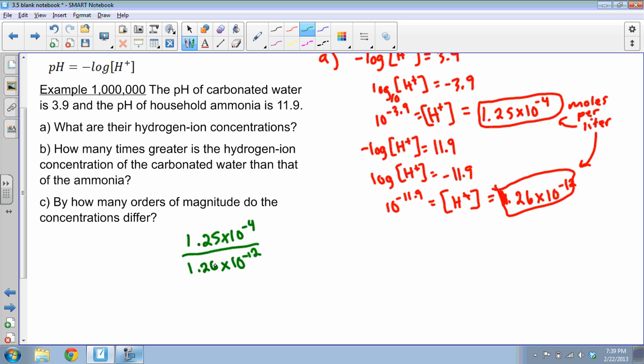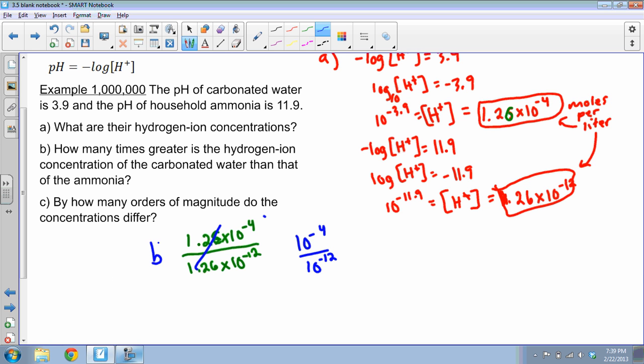Almost identical, in fact. We're going to call those close enough. And maybe if we look, if you actually... Oh, I rounded the first one wrong. Man, that should have been 2.6. I rounded the first one wrong. Those are identical numbers. Look at that. How nice. So really, 1.26 times 10 to the negative 4 over 1.26 times 10 to the negative 12. Guess what happens? Those 1.26's cancel, leaving me with 10 to the negative 4 over 10 to the negative 12,